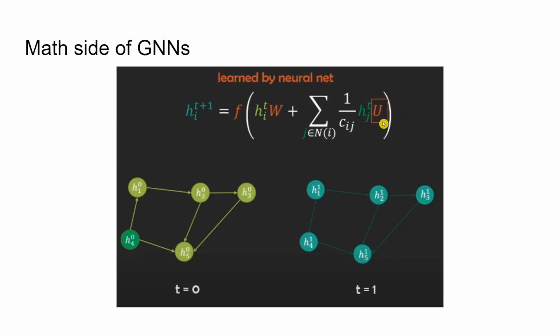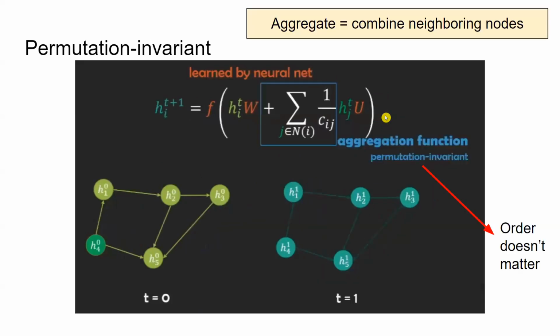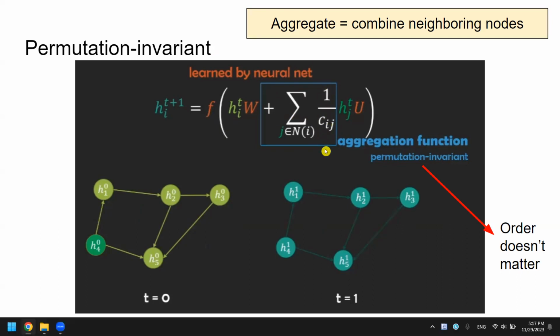So we have U here again. This is a weight, and it's going to get updated so that the network is going to learn. And then over here we have this sigma and 1 over c_ij. 1 over c_ij is not so important. This one is just for normalization. But we have this one. This one is for